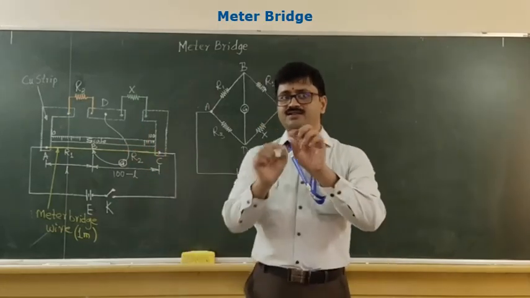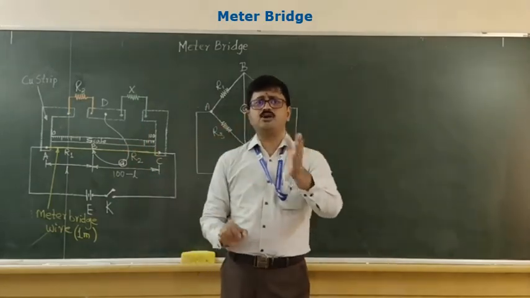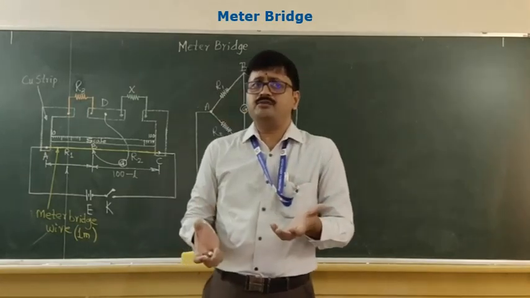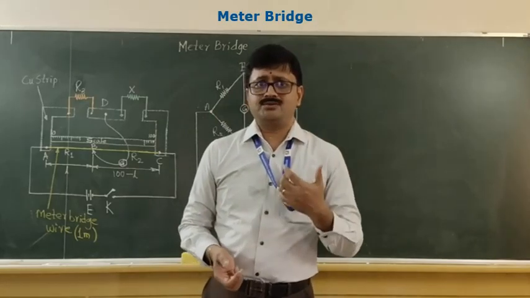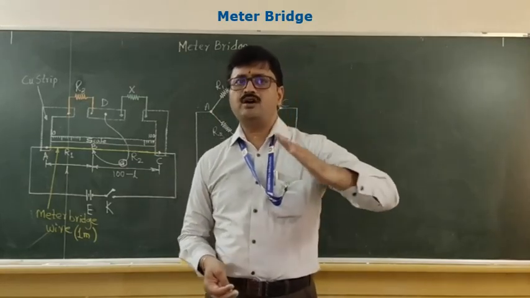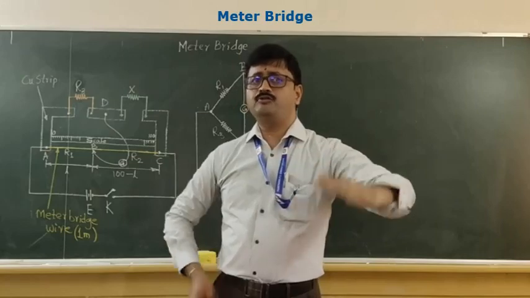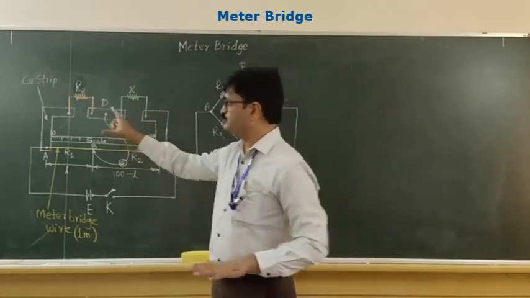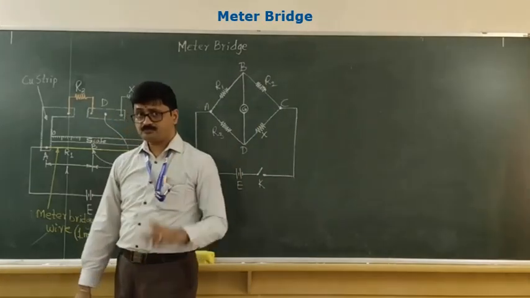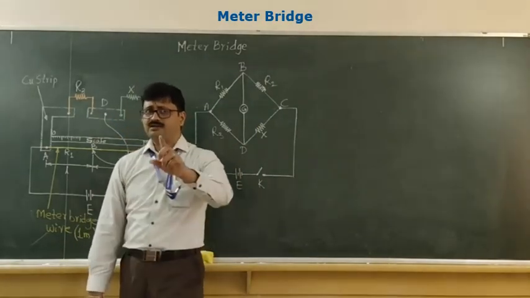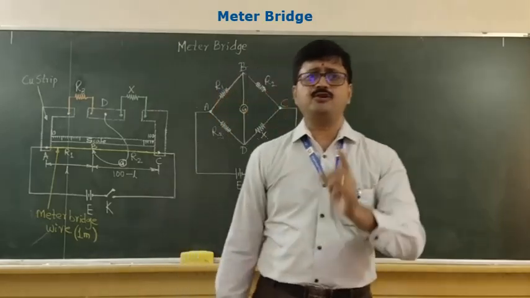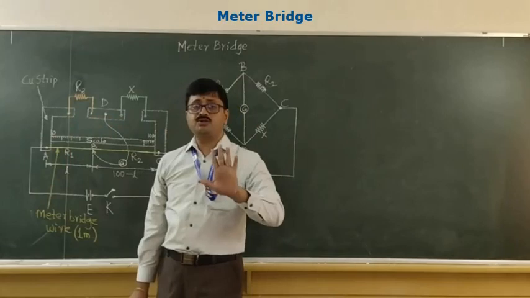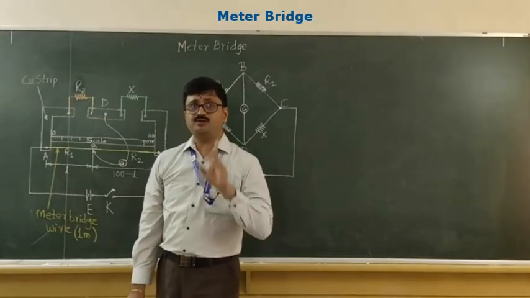Because if the connection setup itself is absorbing the current, then obviously the reading or the value that we obtain will not be accurate. So in order to ensure a low value of resistance being offered to the flow of current in the setup, obviously we are making use of copper strip. This is the most important part, and many a times this has been asked for 1 mark. So copper strips, you remember, are used for connections in case of meter bridge.